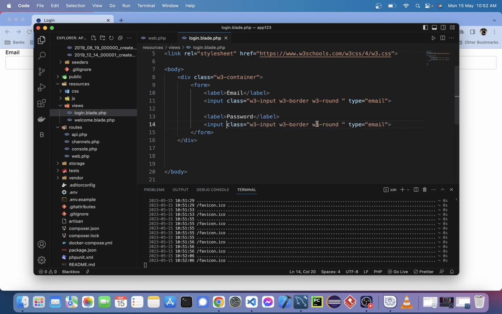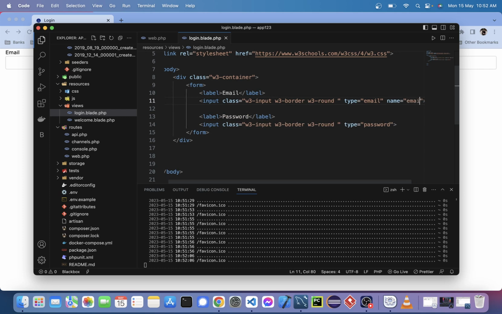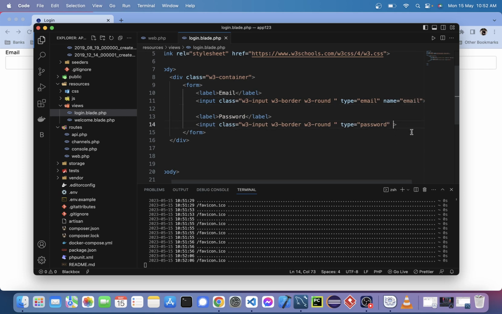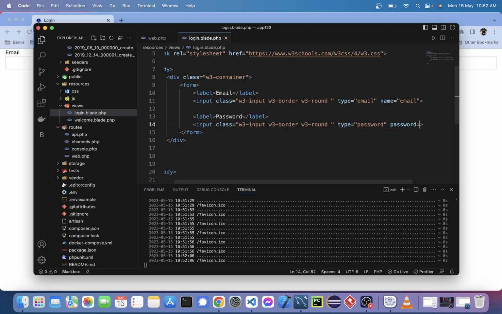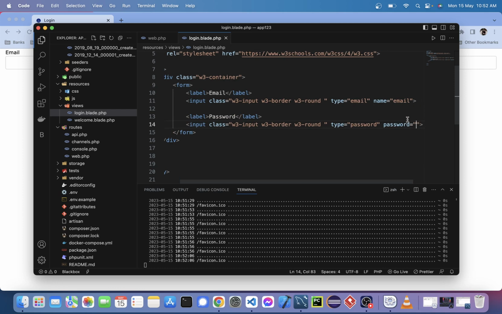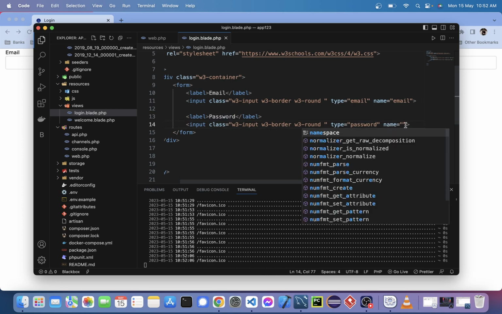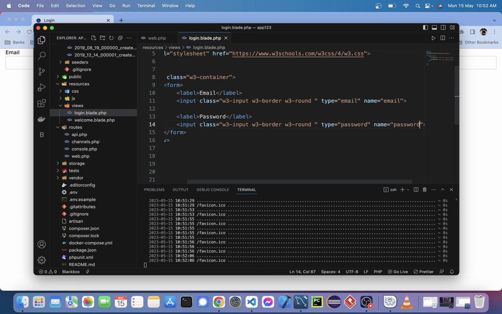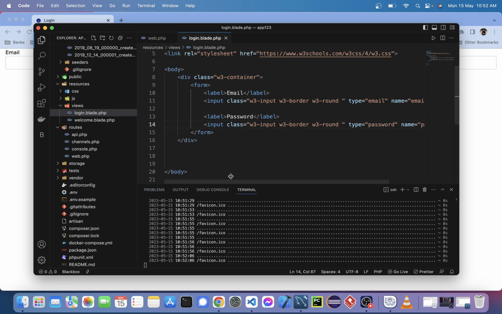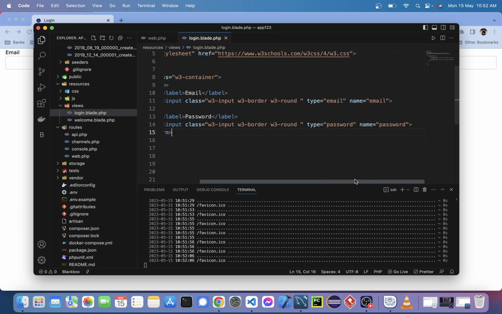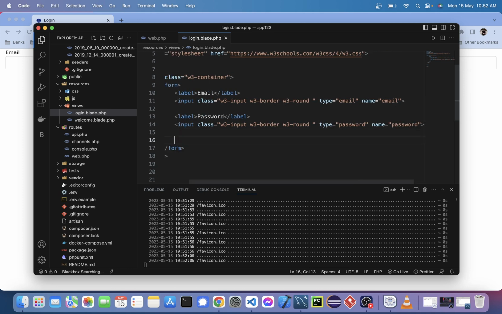Password, and here I'll write the type password, and I'll give the name here, name equals to email, and here password, name equals to password. Okay, now inside this form I'll give one button,